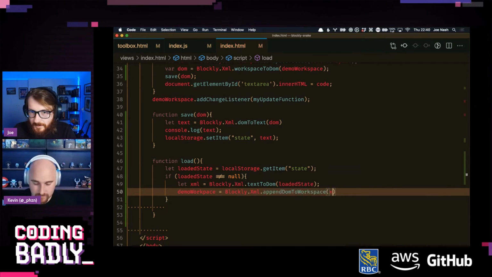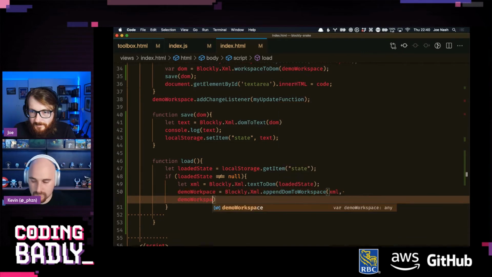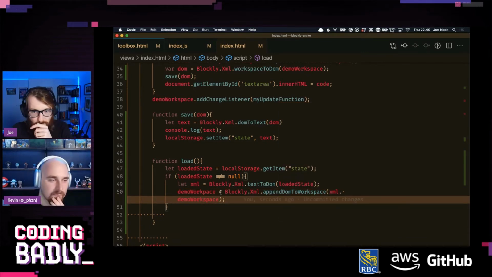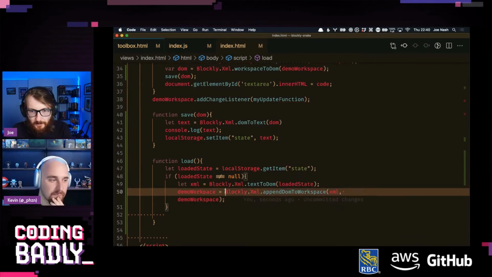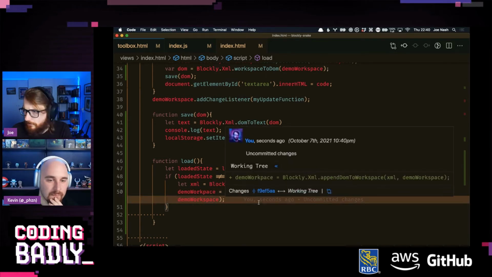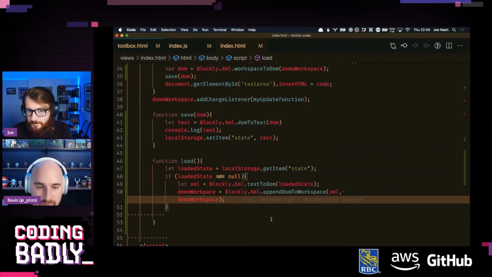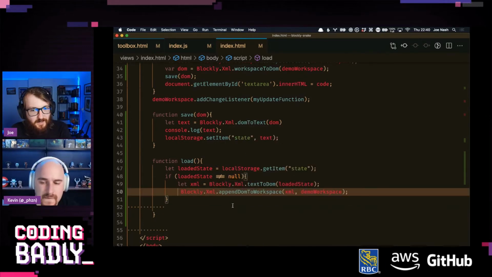And then this is going to be XML demo workspace. That sounds okay. Wait, I don't need to do... Can you move your cursor so I can see the code under it? Thanks. No, sorry. Do I even need to assign that to demo workspace? I'll do a change in place, surely. Wait, no. You can't replace all of demo workspace because that contains everything. That's what I'm saying. I don't think I want this. Yeah. I think this would just do a change in place.